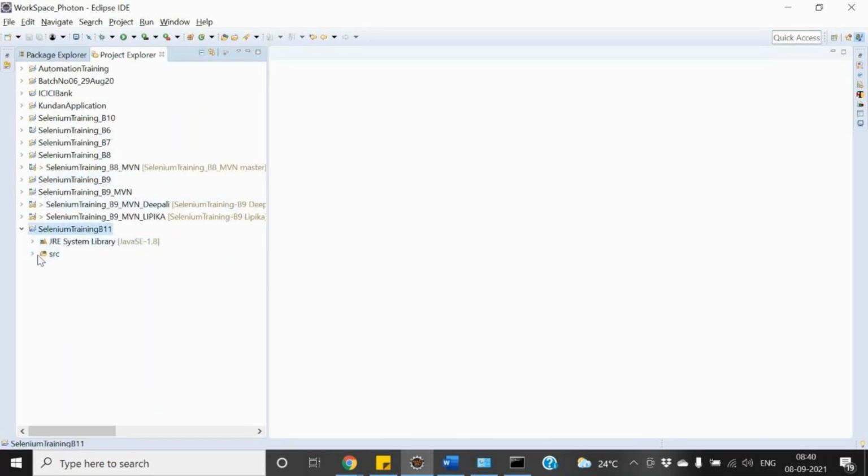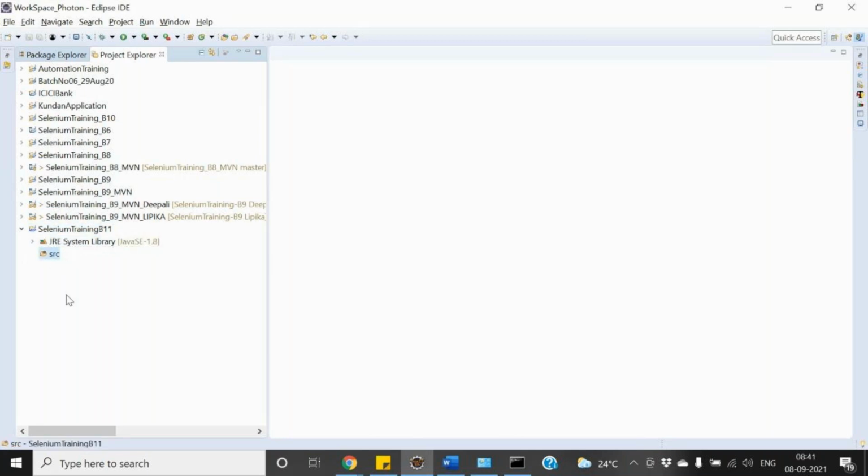particular project, isn't it? And in the SRC folder, we're going to create the different classes and we can write the program over here. So this is how we can create a new project in Eclipse, and these are the basic folders which we'll be getting when we create the very first program. Make sure you always have the JRE system libraries, and we will be having the source folder, SRC. SRC stands for the source folder. You will always get these two folders.